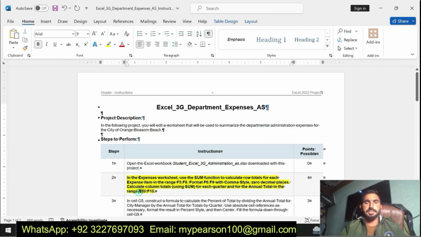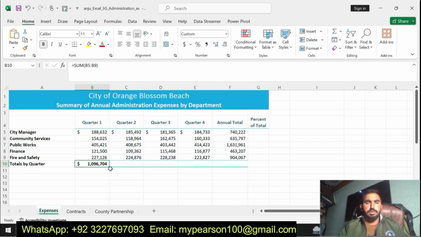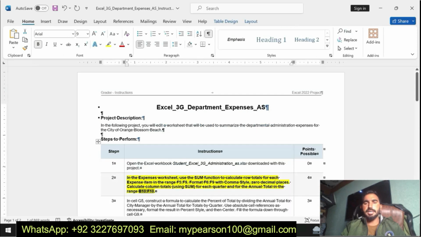Now we apply the fill series from B10 to F10, and we find the other values. Here are the values for B10, C10, D10, E10 and F10.